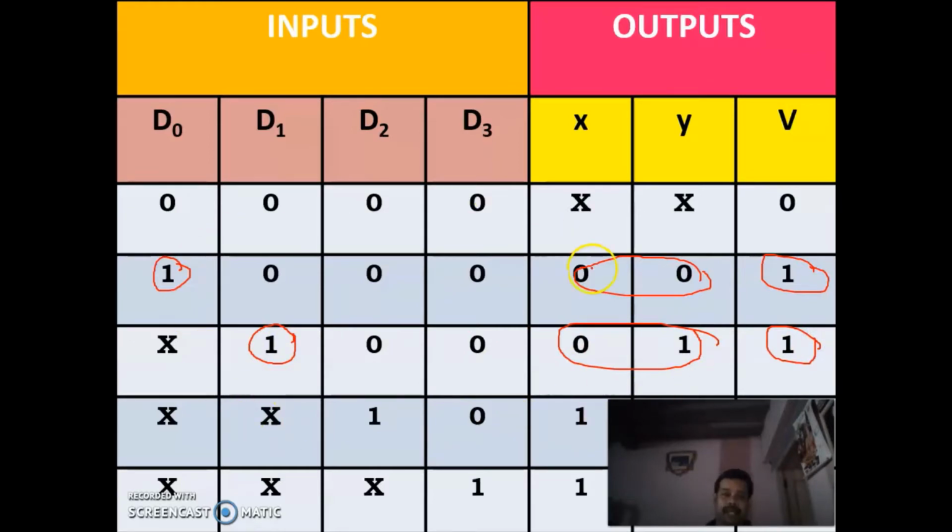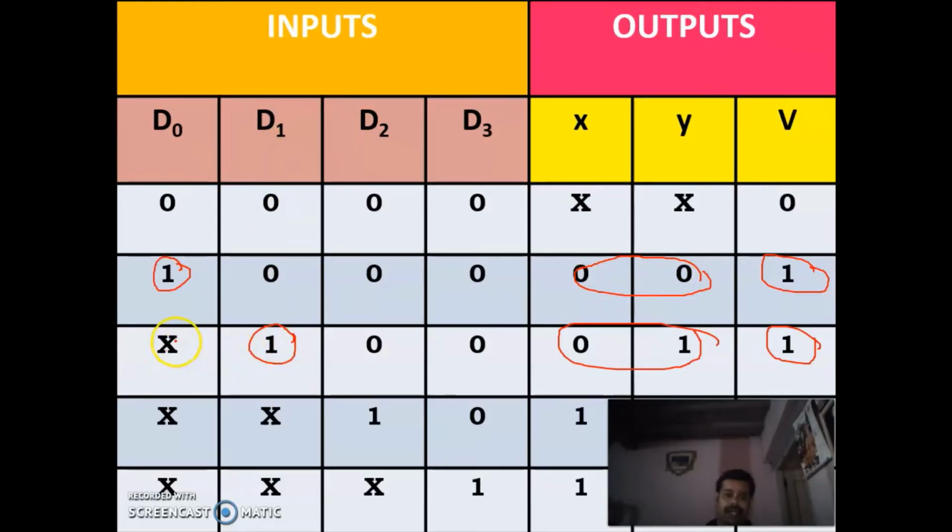Once again, first we have taken all the inputs as 0 and put V as 0. V will be 1 only if any one of the inputs is 1. If all the inputs are 0, the outputs can be either 0 or 1, so we put don't care in the place of X and Y. Then we write D0 as 1. Since one of the inputs is 1, we put 1 in the place of V. Then we write the binary value of 0 in X and Y, 0 0. Then we put 1 in the place of D1.